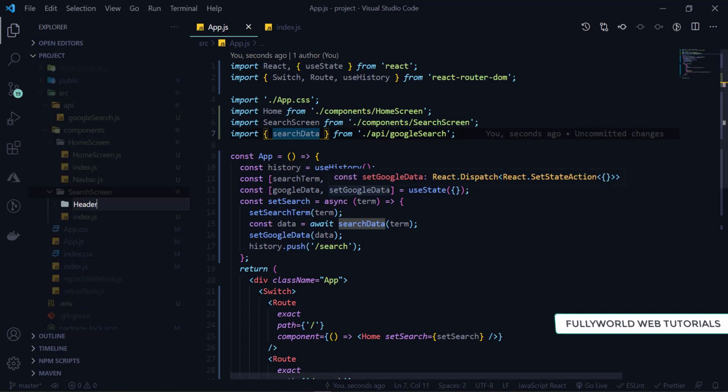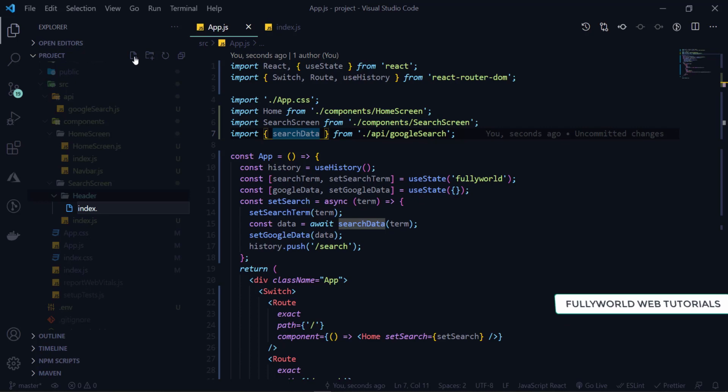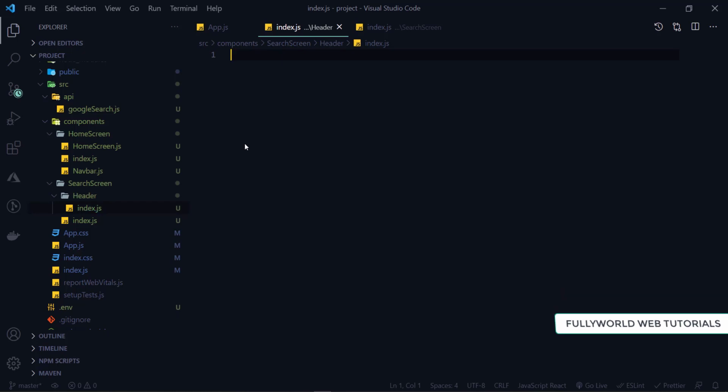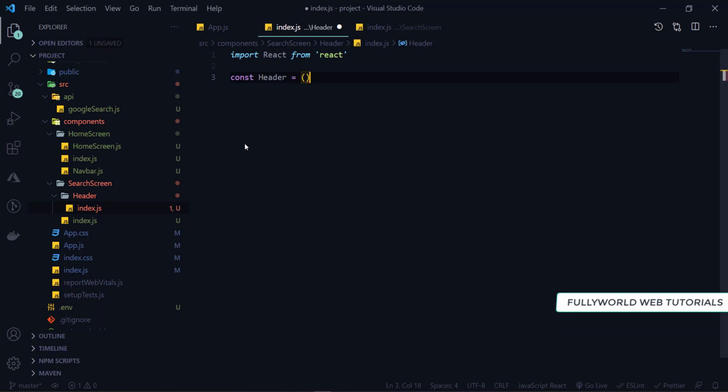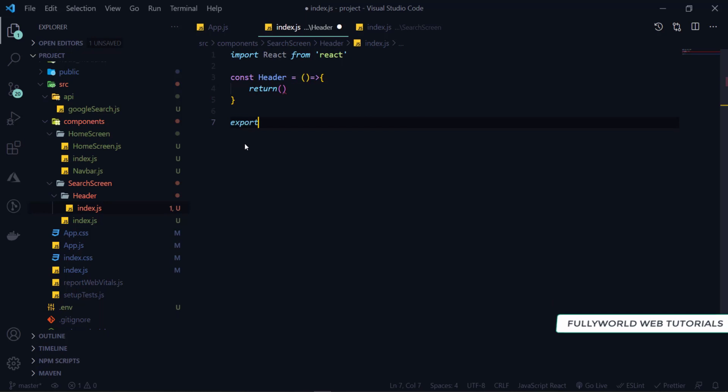I'm going to create header, and under this header there will be our index.js. So this whole folder will act like one component. Here I'm going to write RAFCE. Actually this is not needed, import React from React, and after that we create a function that will be our header, and it will return something, and then we export default our header.